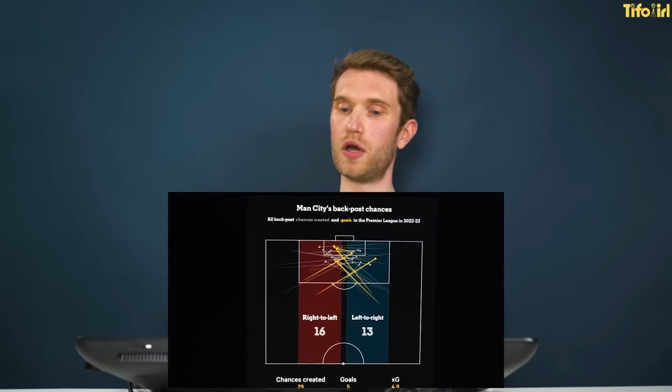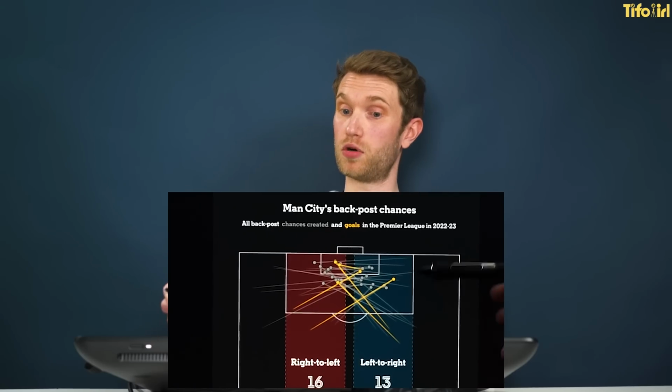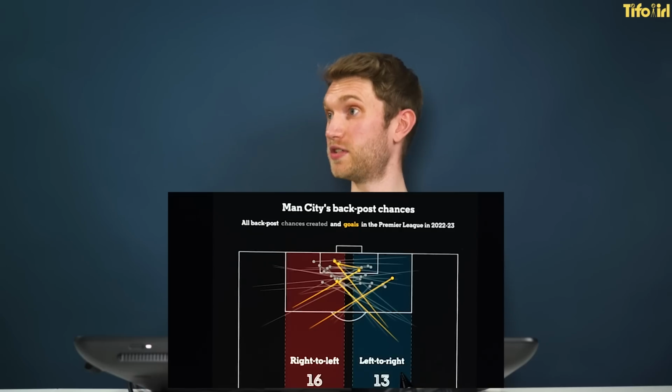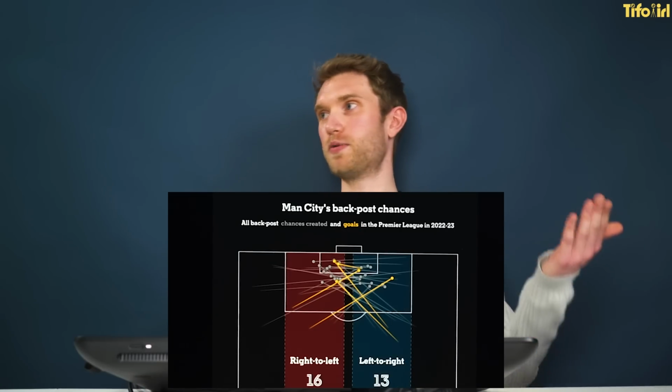But there's a couple of examples where it's more deep towards the byline, but a lot from that half space in the De Bruyne zone. And Haaland knows where he's going to put it. He can put it on a sixpence. So Man City are targeting this because they know they've got De Bruyne that can make the pass, and Haaland who'll be in the right place at the right time, or whoever's in the left wing can come in and get a chance at that post. Exactly that.